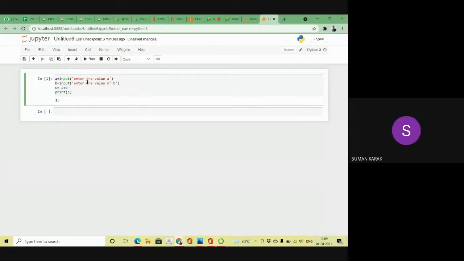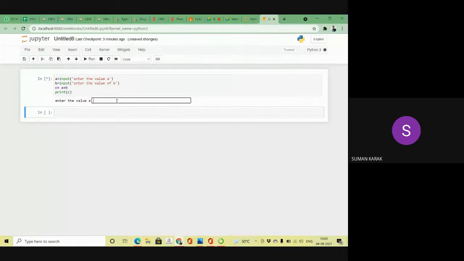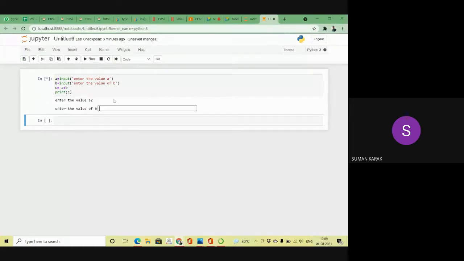So if I use the input function, at that time the user gives the value at run time. Our computer will ask the value of a, and you can see "enter the value of a", right? Again Python asks "enter the value of b". Then our program will be executed. Did you understand? So this time I'm not taking any value. This time the user takes the value. So when you need input from the user, that time we use the input function.